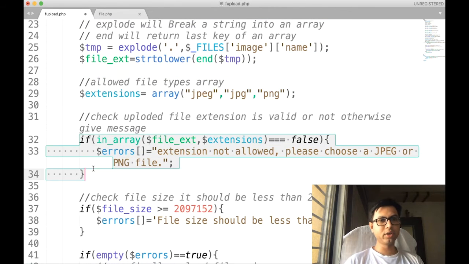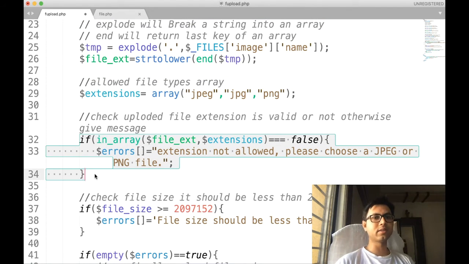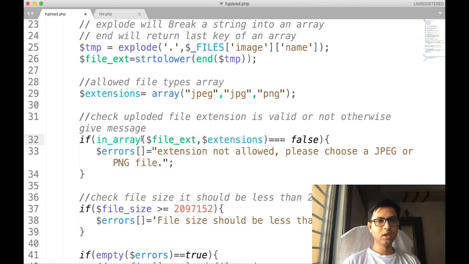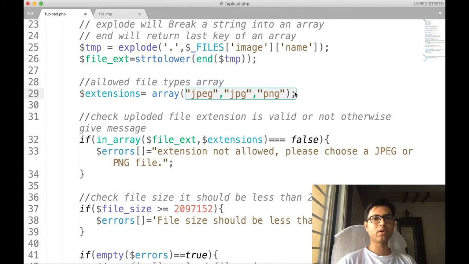In the next line I am going to check whether the file extension is valid or not in the $_extension with extensions. So $file_ext is what is returned by this particular syntax, and we are going to check it against our specified file extensions. This checks whether the file extension is among our specified valid file extensions or not.